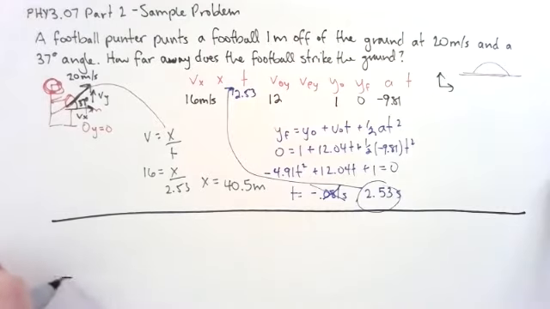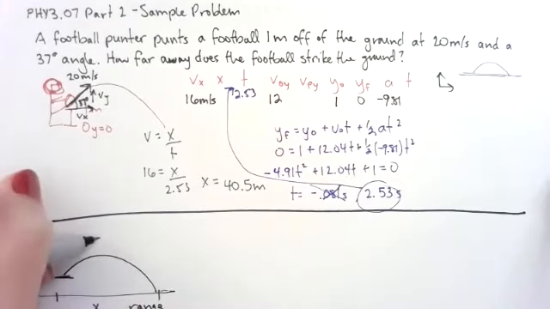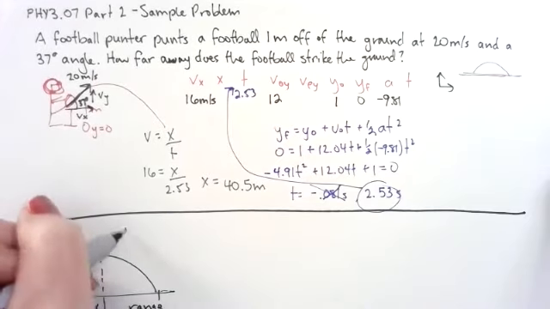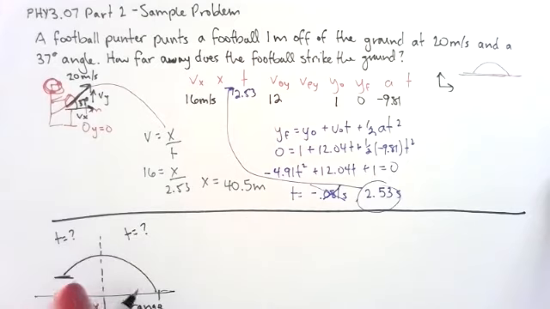So I'm starting here, and I've got... so I'm looking for my range. This is called the range. I would have to divide this into two. I would have to find t for this side, and I would want to find t for this side and add them together. But when I get to this second part,